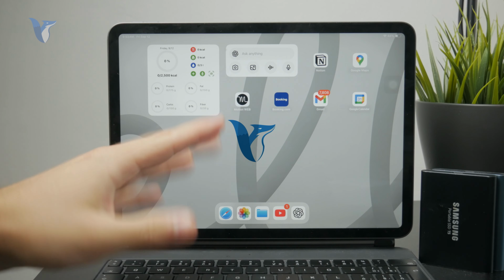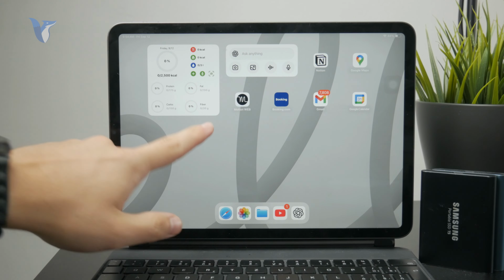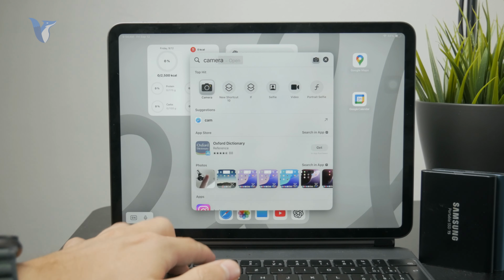Now this is how you can record iPad in less quality. Let's get started. So if you are using the camera of your iPad, it depends on your model, because on the